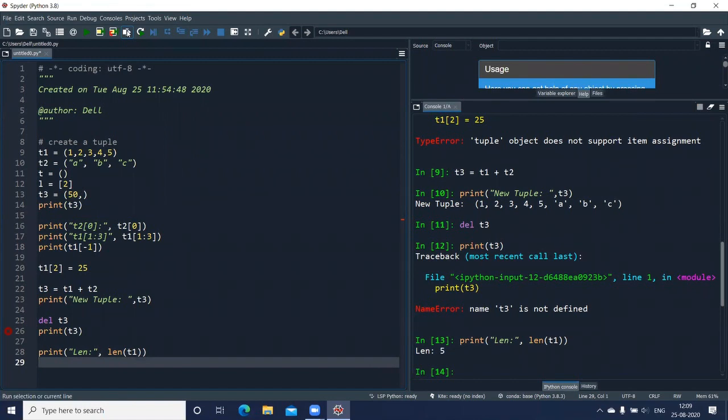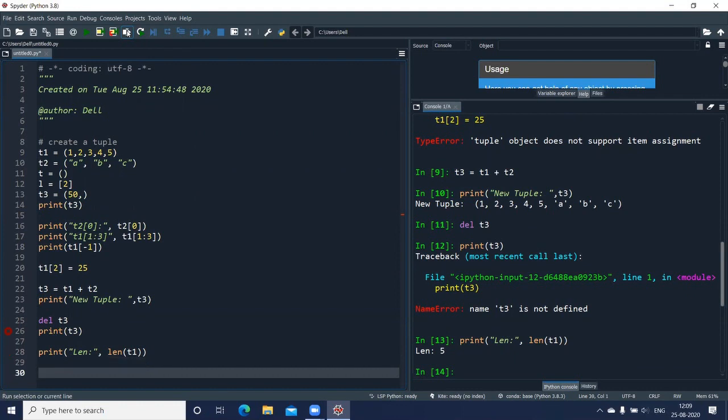Fine. Now, can I use the multiplication sign, which is a repetition operator, in the case of tuples, which we used in list as well? So I'll create T4. Let me make use of a string now. Let us say I want a string hi, and multiply this by 3.